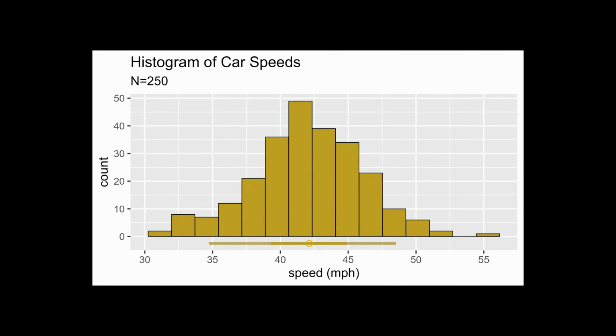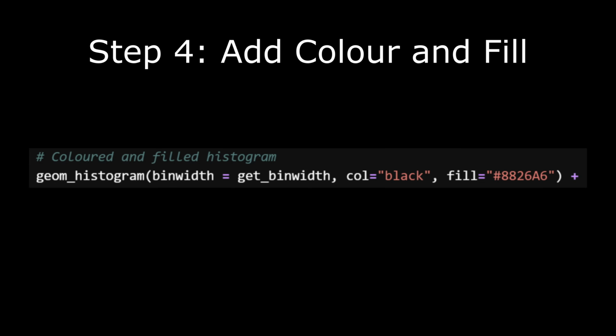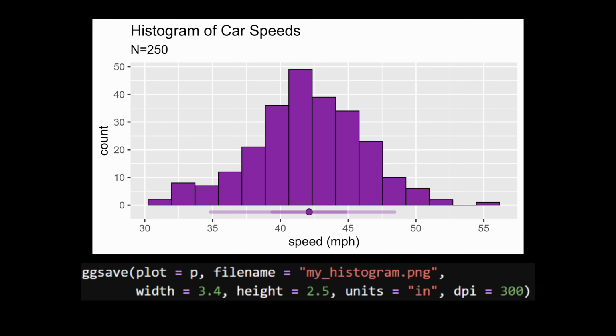All we need to do now is make the plot stand out with some color. Adding fills and colors is simple. Most geoms have the arguments col or fill that can be passed a valid color string or hexadecimal code. Here we add a black outline to the histogram bars and fill them with a deep purple. That completes our plot. Let's save it for use in a 2-column layout. We should use a large DPI so the plot does not appear blurry in print or under zoom.